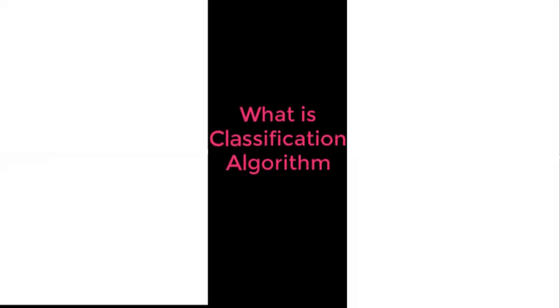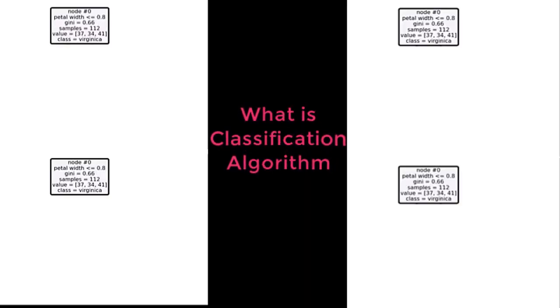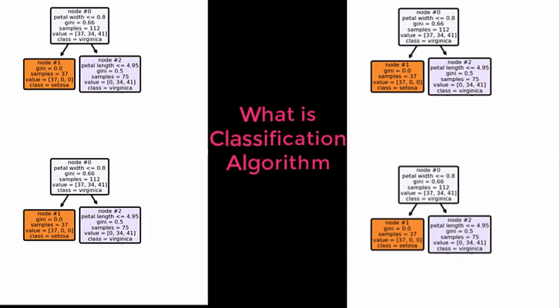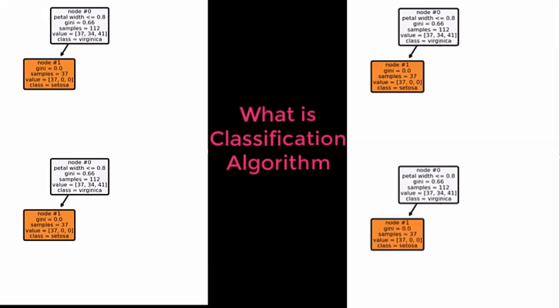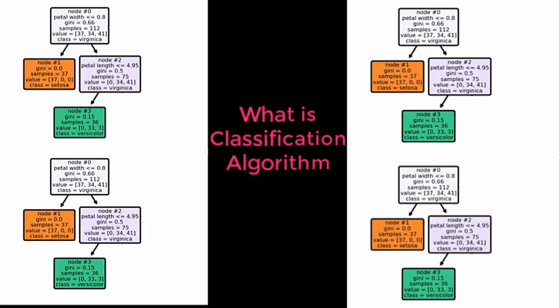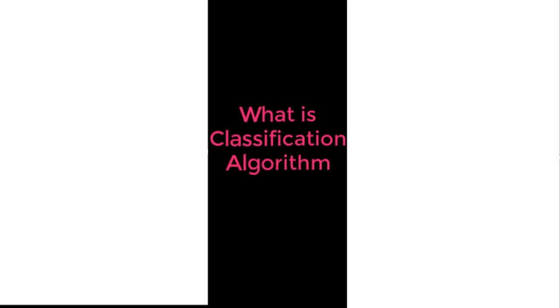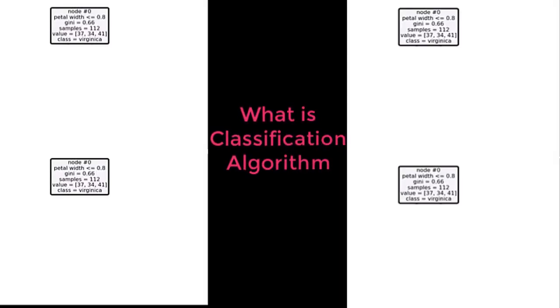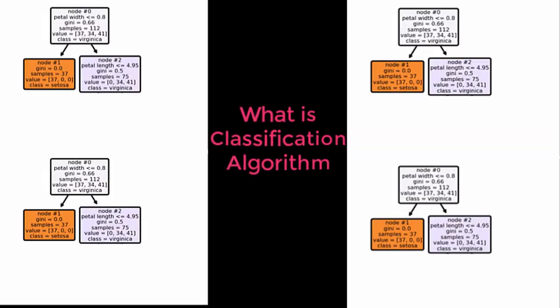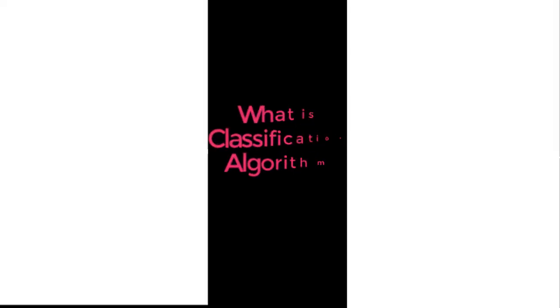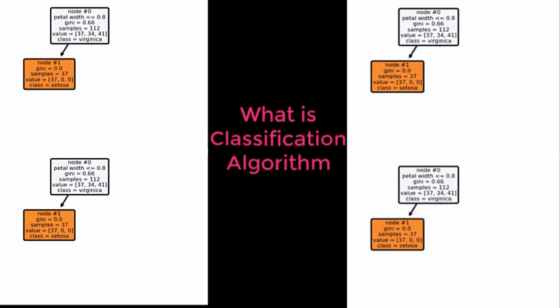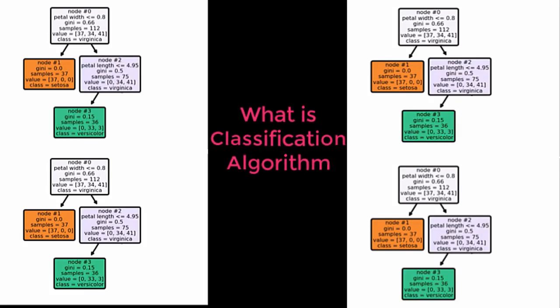Classification is different from regression in the sense that classification is about predicting a label and regression is about predicting a quantity. In other words, classification is the problem of predicting a discrete class label. However, regression is the problem of predicting a continuous quantity. The column values that are used to predict the output are called features or independent variables, and the column value that is predicted is called dependent variable or label.